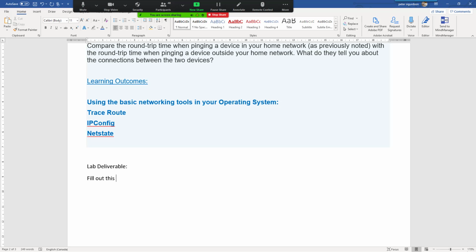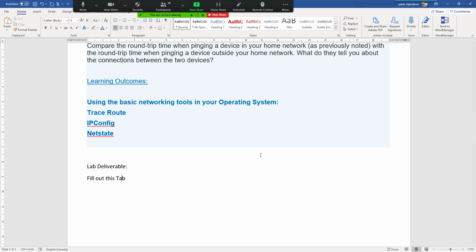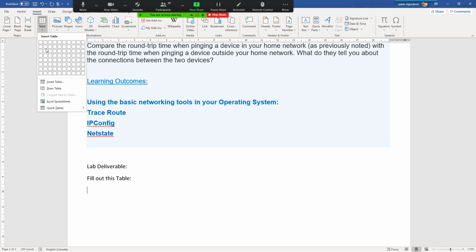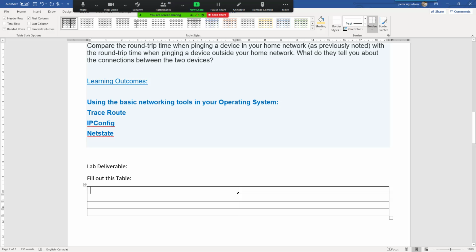How are we doing for time? Well, I've got another 20 minutes. IP address, default gateway. MAC address, and you might have a couple of